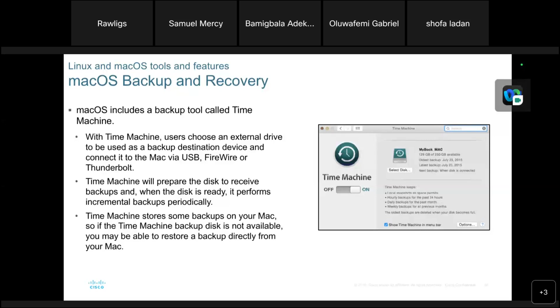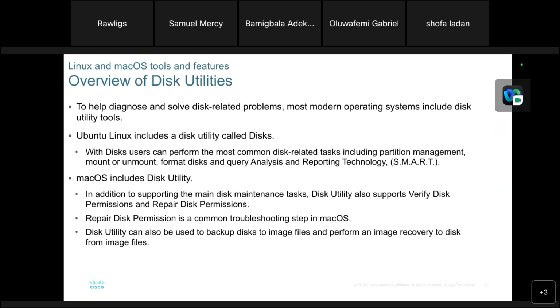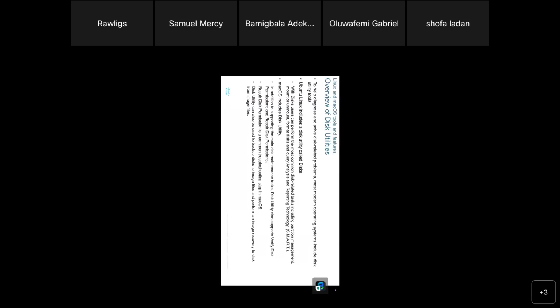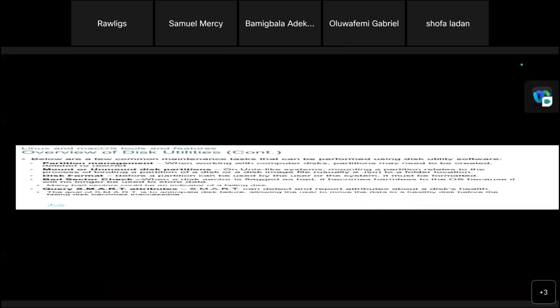That's just the essence of backing up files. And also to help solve these related problems, for example, let me say your hard drive crashed, or you're not seeing some kind of files on your hard drive, you are going to